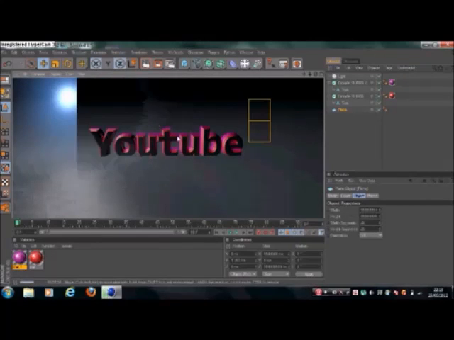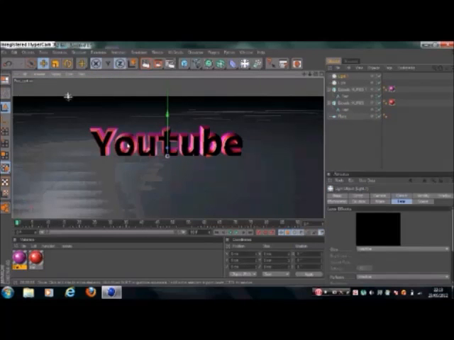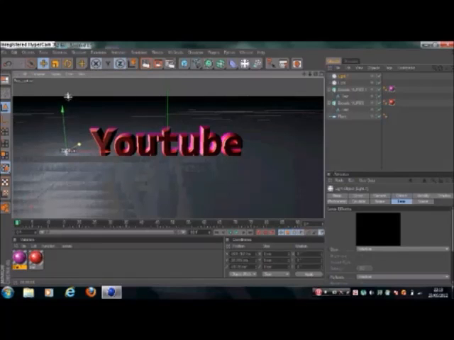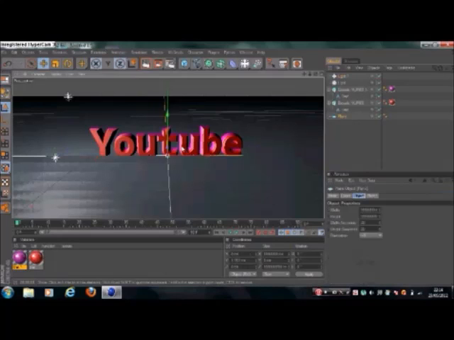Now I'm going to add another light, this one's going to be a shadow, so you can see a shadow behind YouTube. So go to light, and then lift it up a bit, add it round about here, so it lights up a bit. And then instead of going to lens, go to shadow, and then click that shadow, go to shadow maps, soft, and then if I play it,